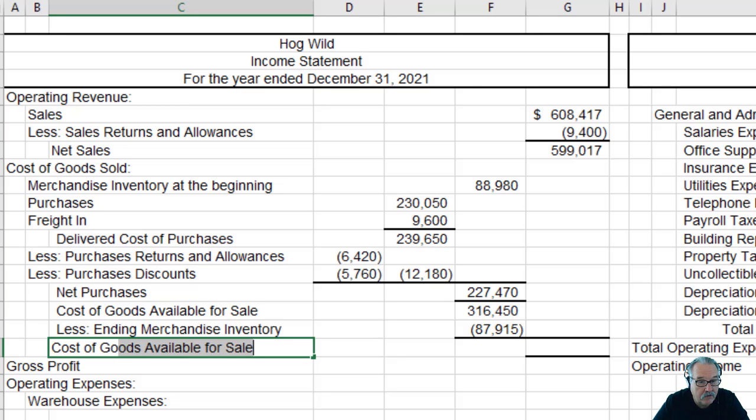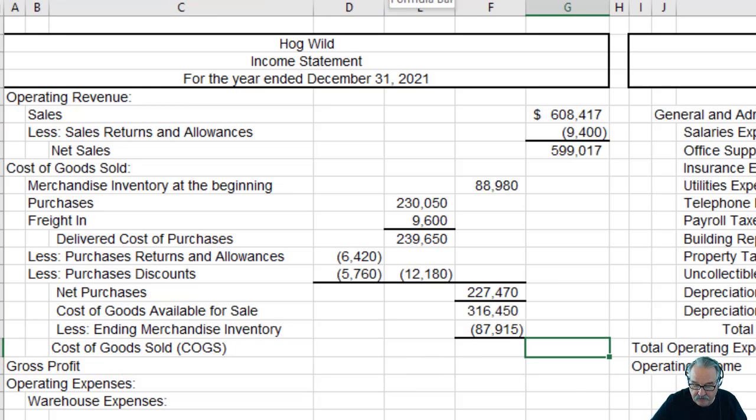of goods sold. Otherwise known as COGS, cost of goods sold. Now, if we take the goods available and subtract the ending inventory, we get cost of goods sold. This is what it cost us for the motorcycles and accessories that we sold, which means our gross profit is sales, net sales, minus cost of goods sold,